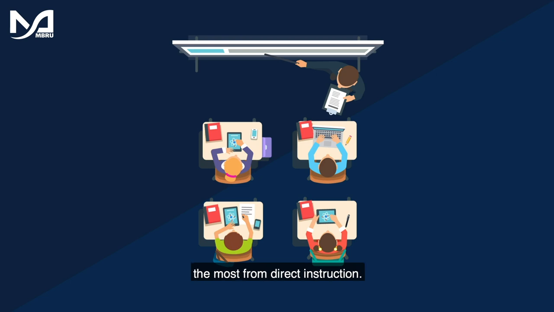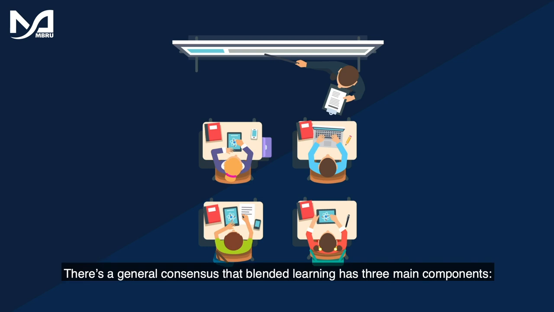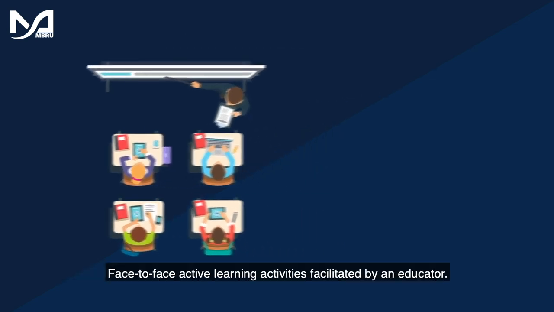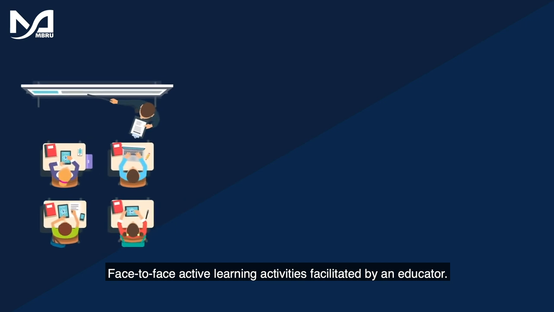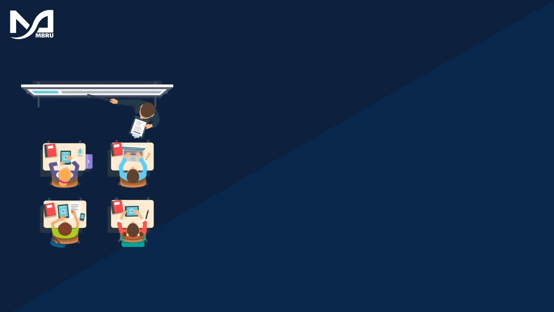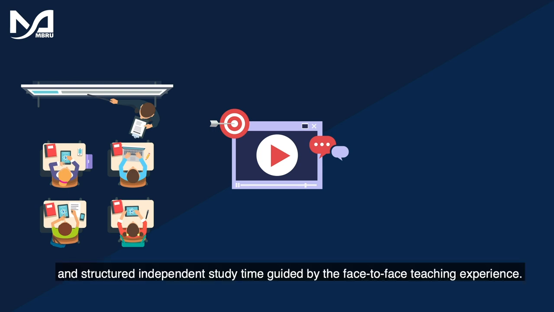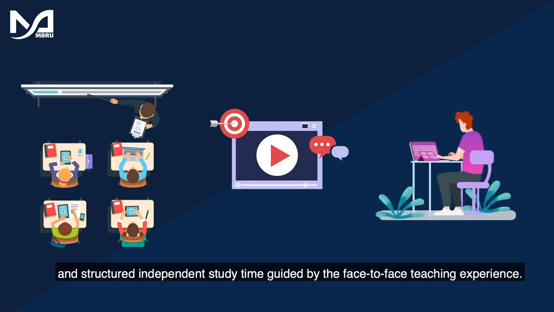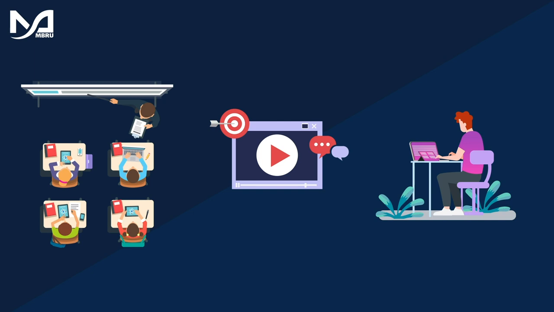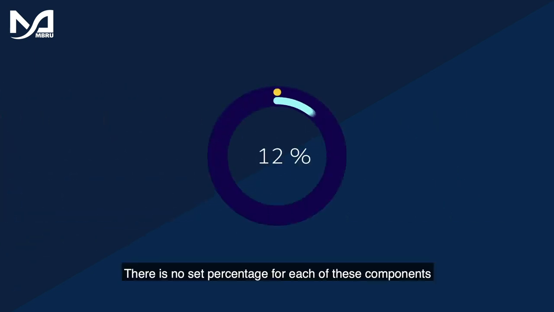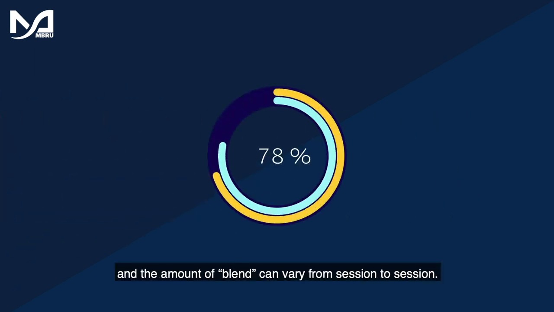from direct instruction. There's general consensus that blended learning has three main components: face-to-face active learning activities facilitated by an educator, digital learning objects, often bite-sized chunks of information, and structured independent study time guided by the face-to-face teaching experience. There is no set percentage for each of these components, and the amount of blend can vary from session to